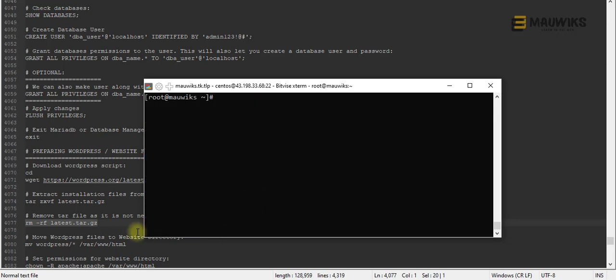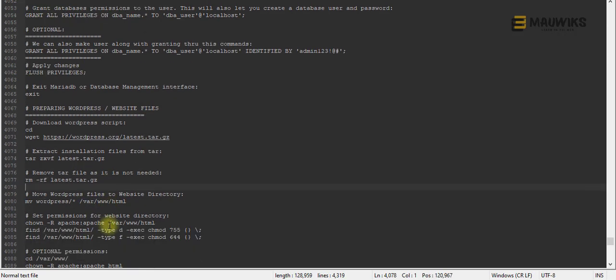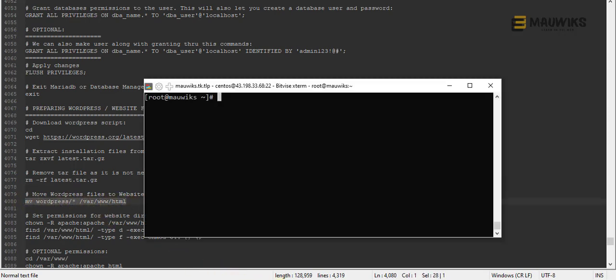It's the clear command, and now we need to move the WordPress files. Let's move all the files into this directory. This location is the directory of our website files. This is the main directory. If you're familiar with cPanel, this is the public underscore HTML. So let's hit that